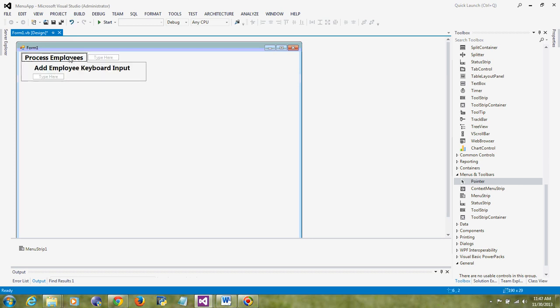And let's say I want to set aside a menu, print, and underneath I have print to text box. You can do that, and you can build as many as you like